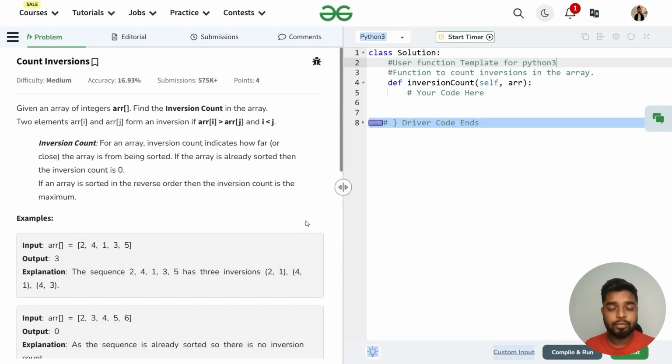In this video, we are going to solve the problem count inversions. Let's read the problem statement and understand what we have to do in this problem. Problem says that we'll be given an array of integers and we have to find the number of inversions in